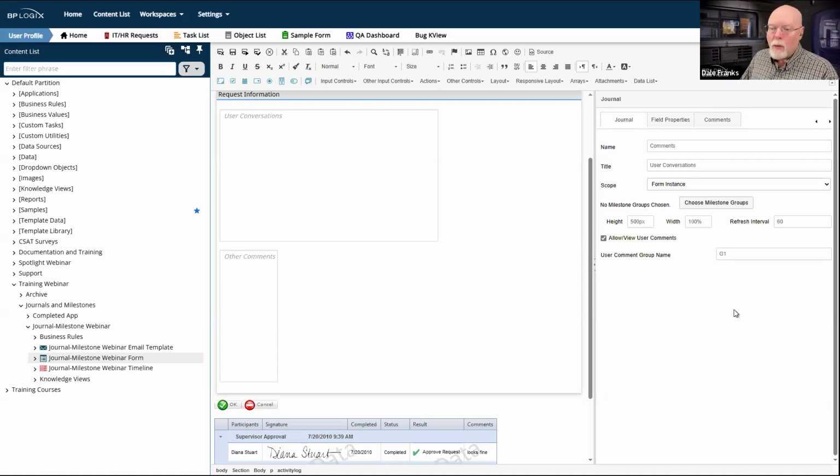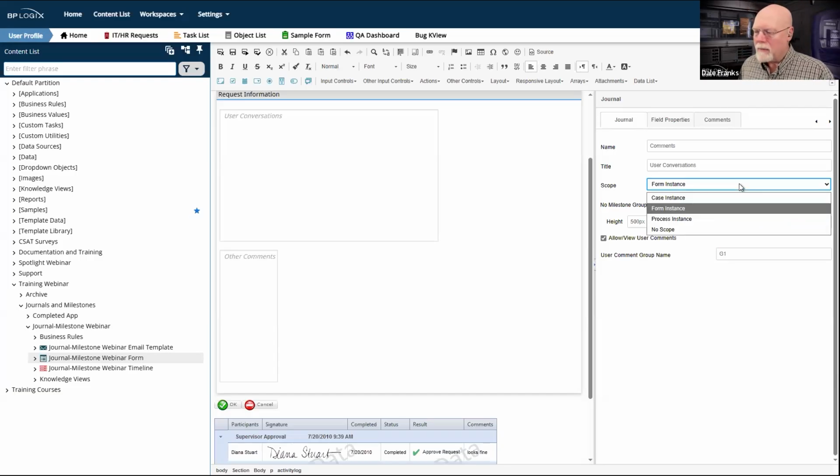And if they've been made, I want to refresh the control to show me all of those new comments. So I can just set the refresh interval to 60 minutes or 120 or 240, whatever, maybe every 5 minutes, but I can set it in the number of seconds that I want to refresh that control so that it can show me any changes that have been made if I have a larger scope than form instance.